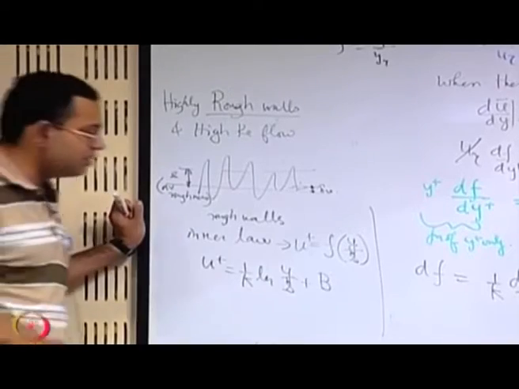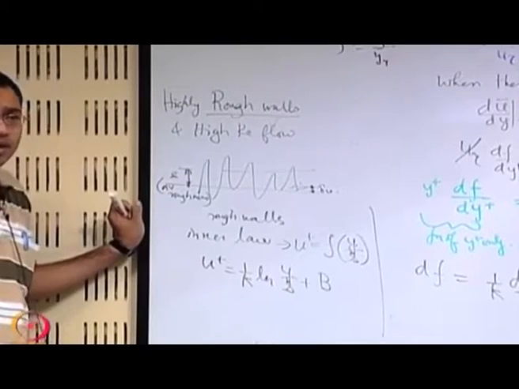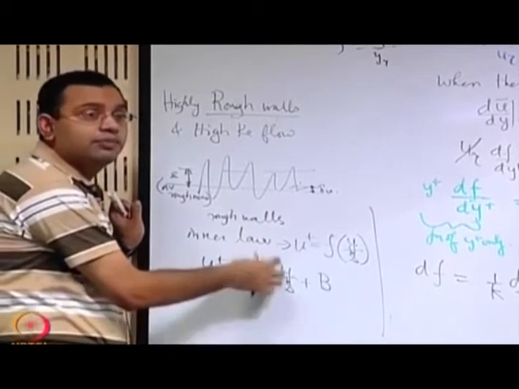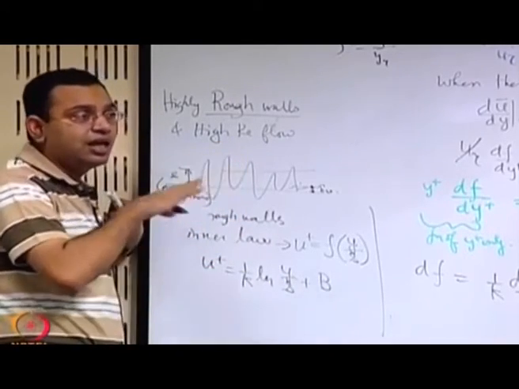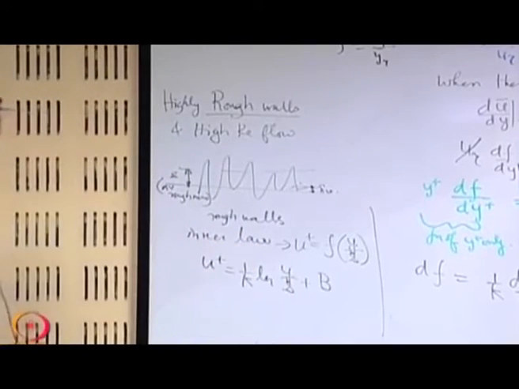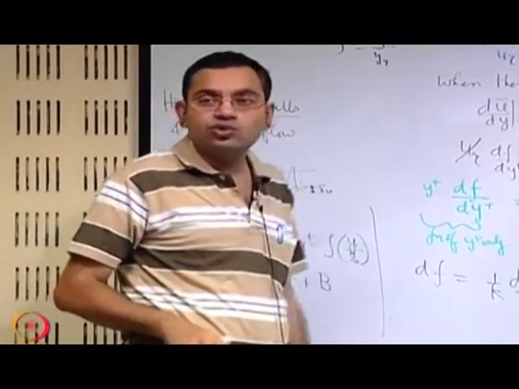For very high Reynolds number flow, this V may be close to 8.5 or something like that, roughly like that. That exact value is not important, but the form is important. See the dependence of the wall roughness for extremely rough wall and a very high Reynolds number flow, the combination that has become important. So we can have a broad picture of what happens very close to the wall.